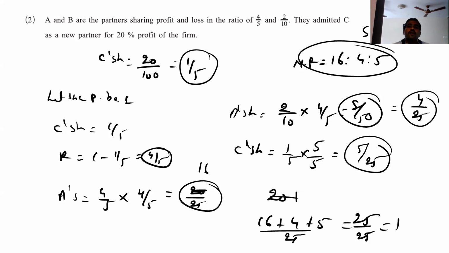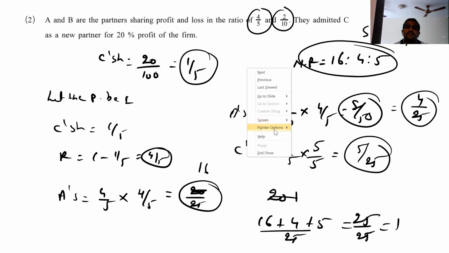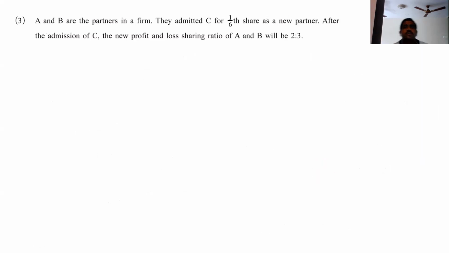And how to calculate the sacrifice ratio? What is the formula? The formula is old minus new. So old is already there with us, and we just have to find the new, right? So old minus new, we get this one. Okay, I'm rubbing this because no need to see and write. You just calculate. And what about illustration number 3?